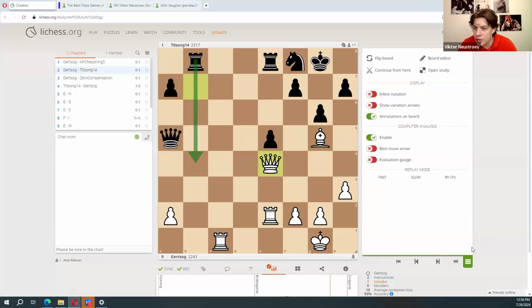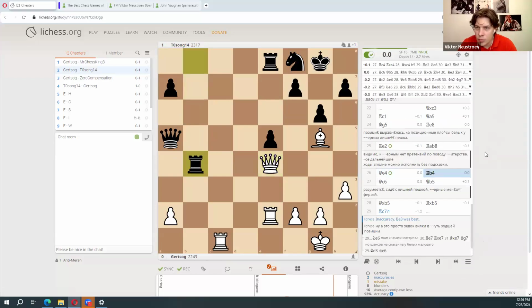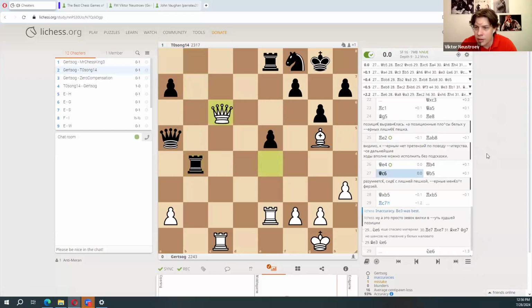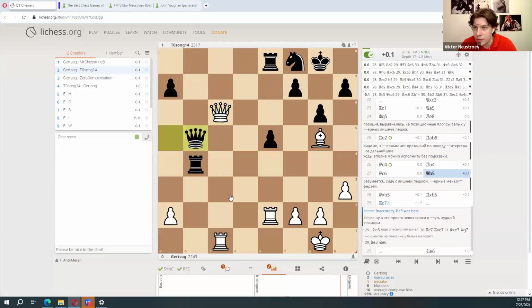Okay, actually, let's keep it. So rook b4, queen c6, queen b5. Again, queen b5 is the best move this time. What's the purpose of the queen exchange? Yes, I'm doing some attack, but he can just double the rooks. This is what I would play to get some counterplay if I were playing with black pieces. But queen b5, the best move.